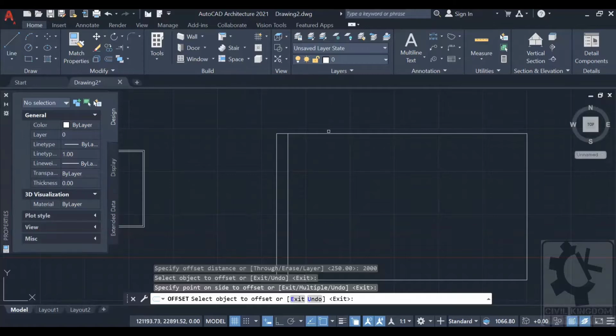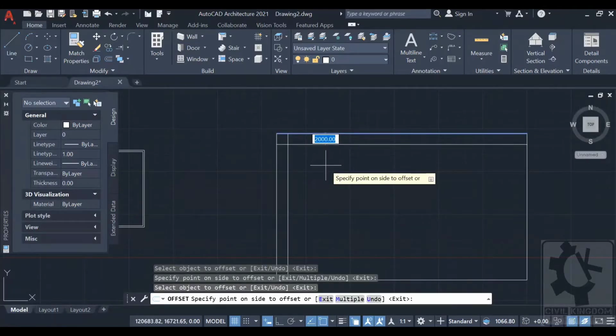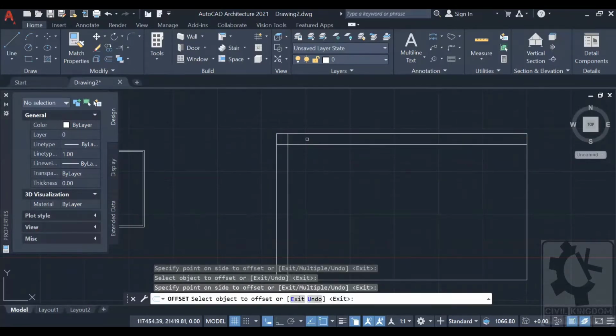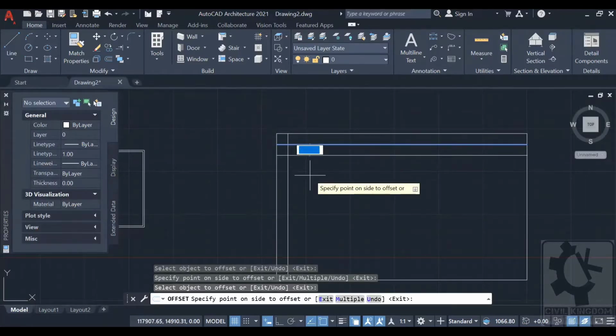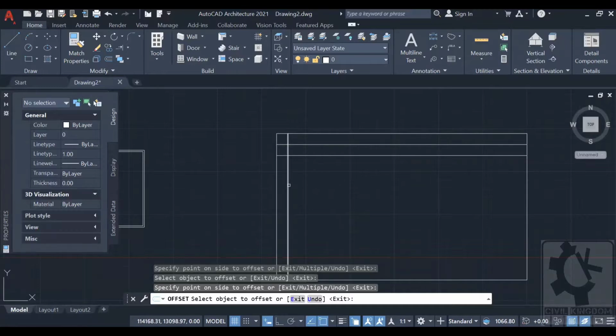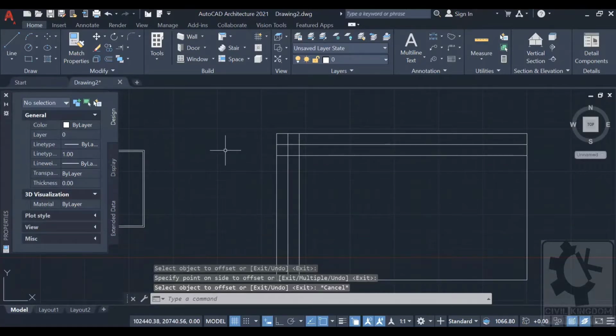Similar to that, you can do it in this way also. Left click to select, and it will automatically show the offset. The only difference is that you need to change the measurement.